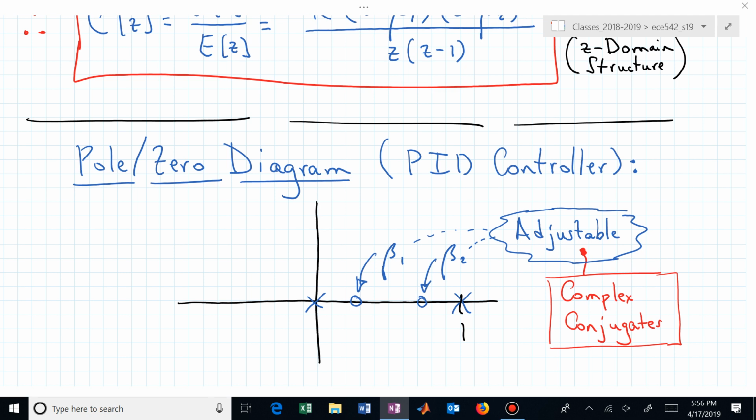You've now probably zipped through the last 10 minutes of the class on whatever speed YouTube allows you to speed up, right? But now those zeros, I've put them on the real axis, but they could be off. They could be complex conjugate. Why are they complex conjugates? Because you want real coefficients in your numerator, so that if somebody did ask you to implement this, you would have real numbers with which to be gaining things.